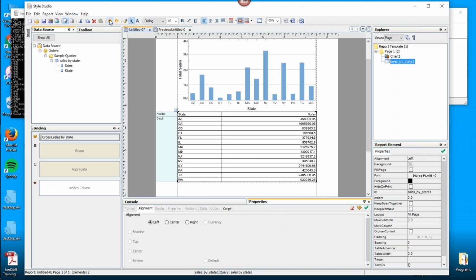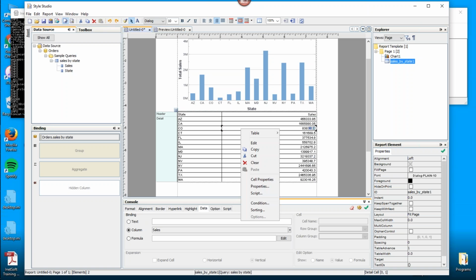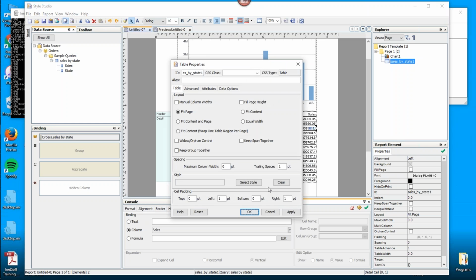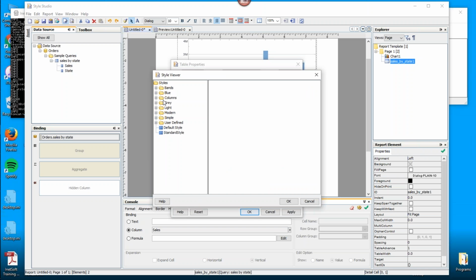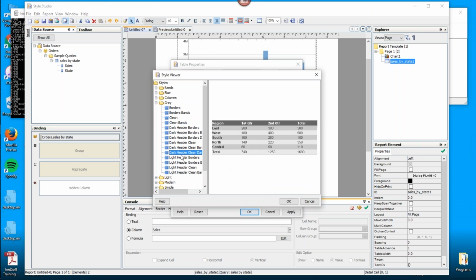But a table, and for that matter also a crosstab, also has this concept of a global style, which is called a table style. To set a table style, you right-click on the table, select properties for the table, and in the table properties dialog box, down towards the bottom, there's a select style button. You press that, and then you choose the style that you want. And so we can try to see if we can find a style like the one in that picture. Not sure that we have exactly that style anymore.